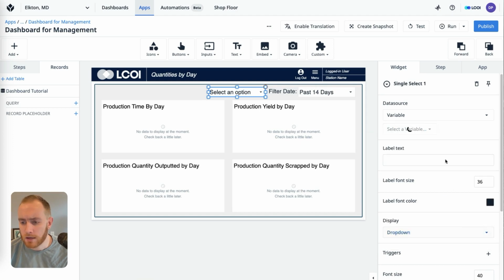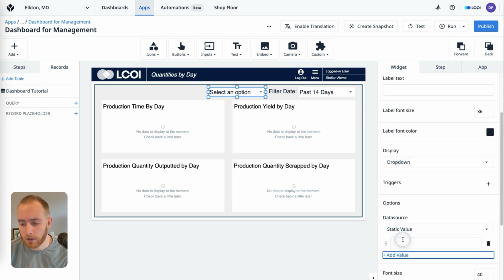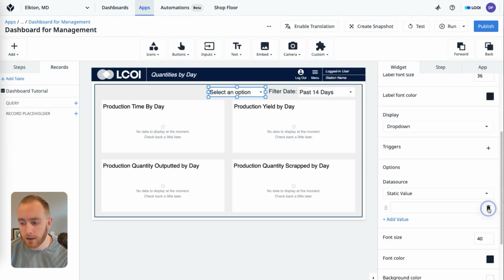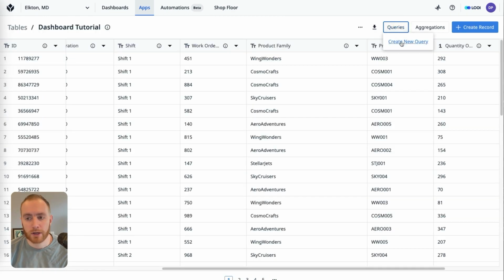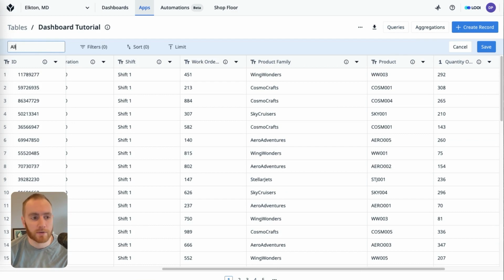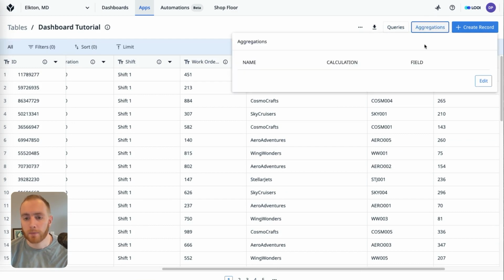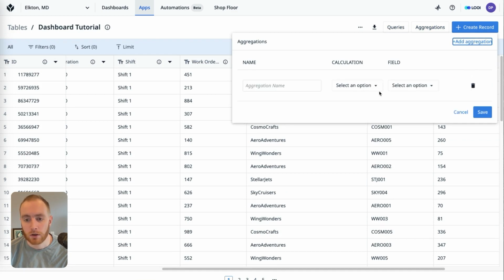Now, obviously, we could statically define each of these product families. I can look through the list and grab them all, but that's not going to be scalable. So what we actually want to do is get those values from an aggregation. To use an aggregation, you first have to create a query, even if it doesn't actually filter anything. So I'm going to create a query called all, and then I'm going to create an aggregation, which allows us